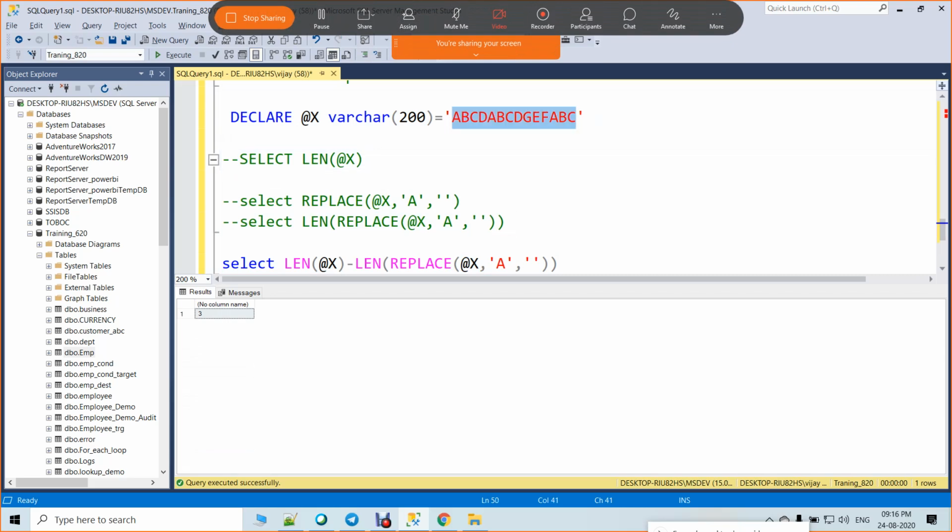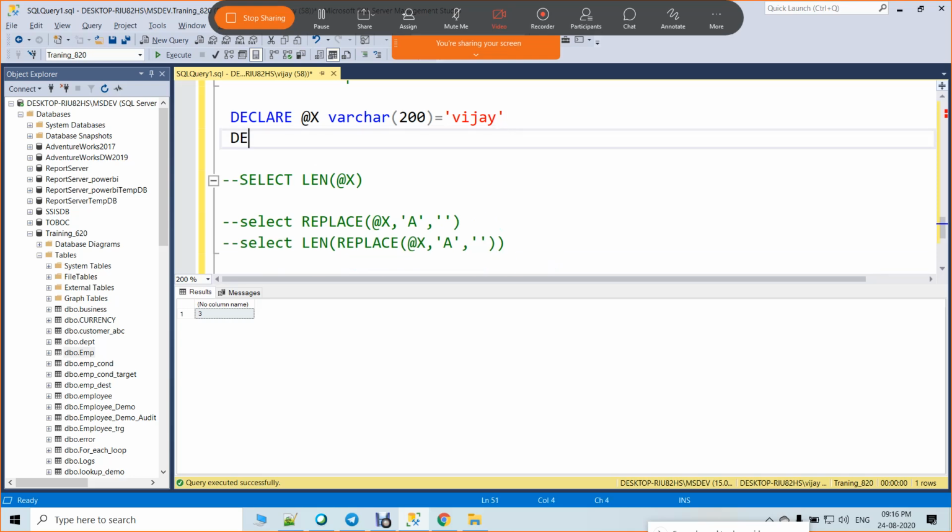Let us test it actually. Assume that in Vijay I want to find how many times I is repeated. Let me put one more variable, y varchar(10). I want to find how many times I is repeated.